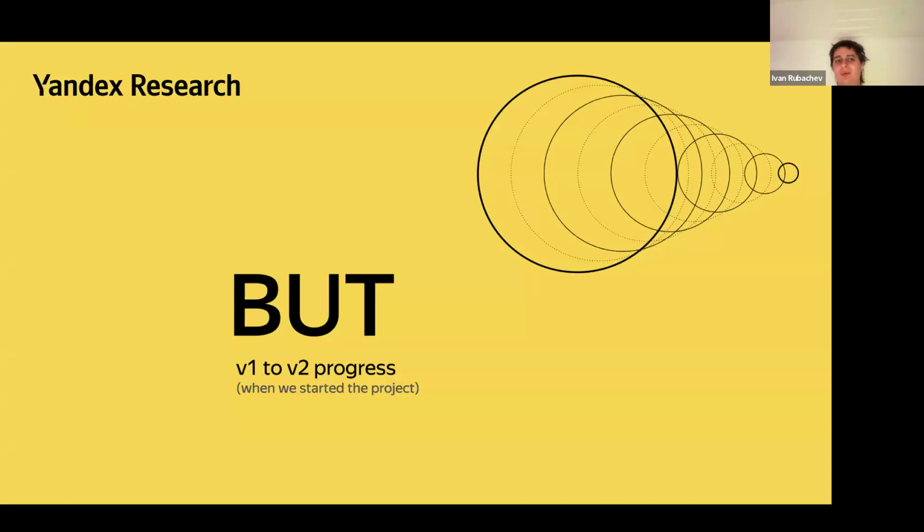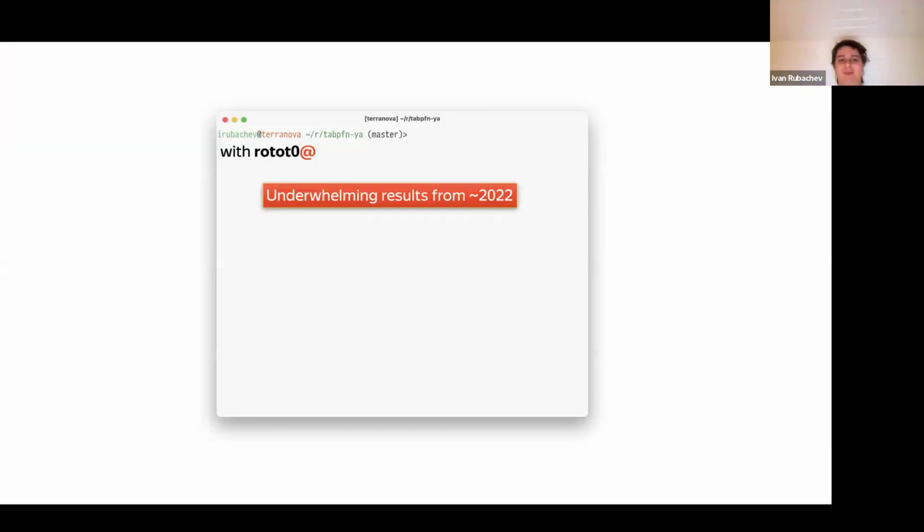But how did we get there? Why did we start working on tabular foundation models so late? And what actually got us to work there? One interesting story is that we did try to work on tabular foundation models around the TabPFN v1 model. We tried to train a model that would support regression,